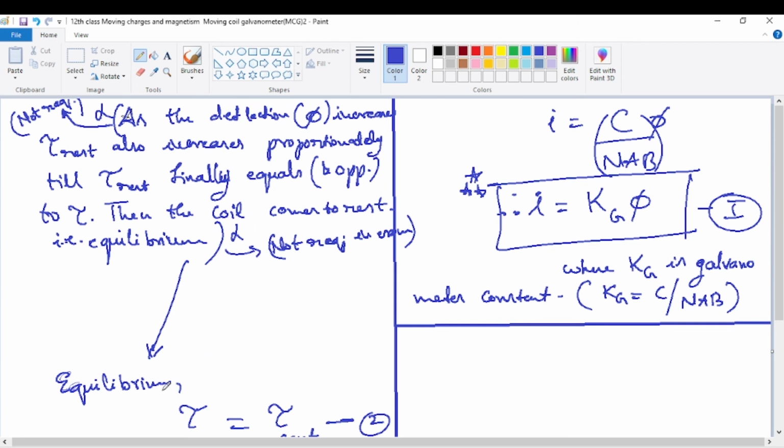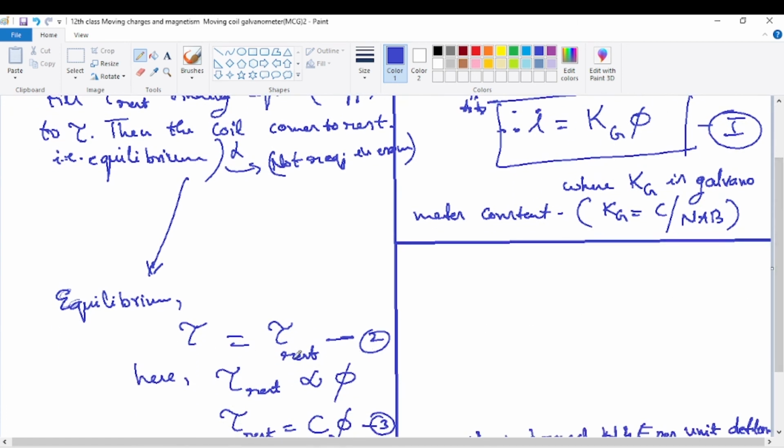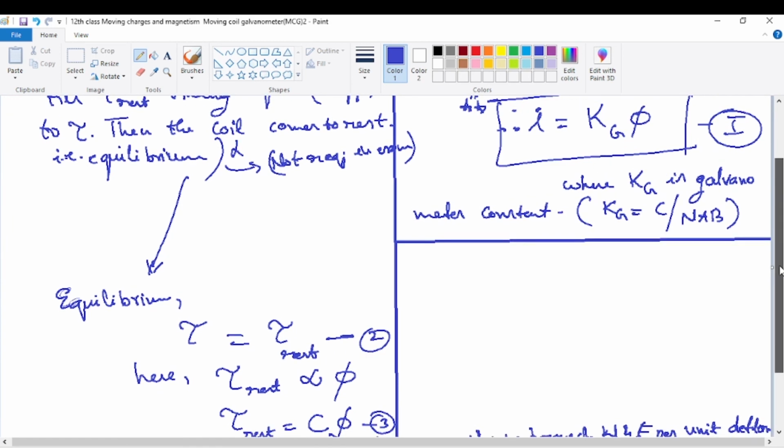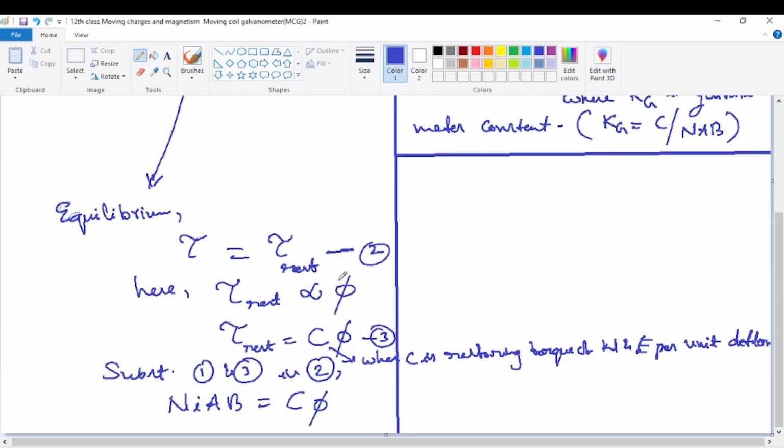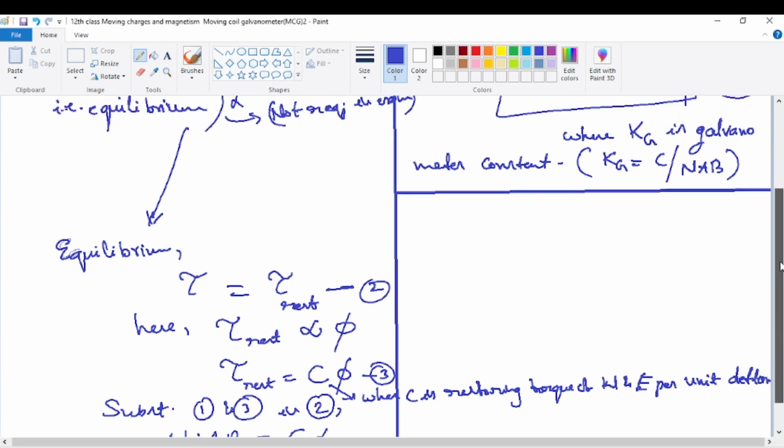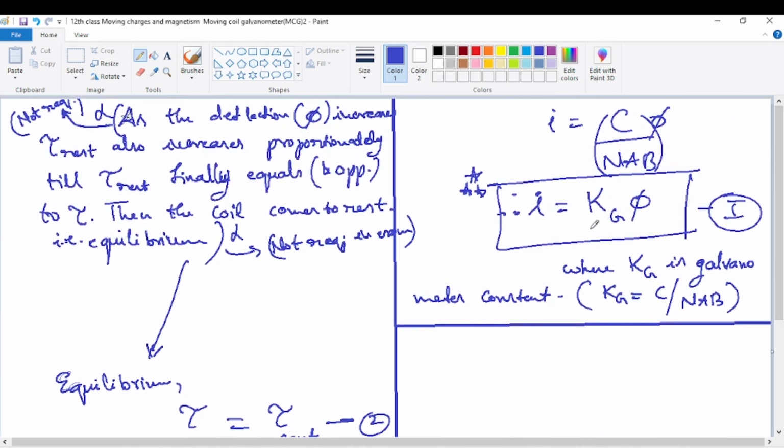Directly, equilibrium: the coil is getting deflected by an angle phi and coming to rest. Rest means deflecting torque is equal to restoring torque, tau is equal to tau restoring. That equation is written, and that is sufficient. For 5 marks, 10 marks or even 16 marks, this is more than sufficient, because too much explanation is not required. This much is sufficient. This is the end of the derivation. In the exam it will come as just one full A4 size page as an essay question, and that is sufficient. Most of the explanation we are skipping. That is the completion of the derivation. Quickly complete the running notes before moving to the next topic.